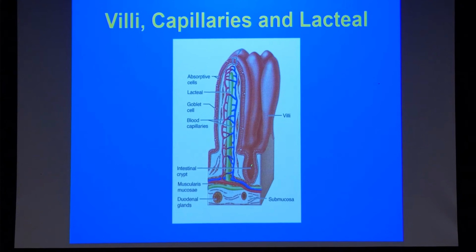Now, the blood vessels are, in fact, a branch of a particular blood vessel called the hepatic portal system. The hepatic portal vein runs through the intestines, and all of that blood in the hepatic portal vein is destined to find its way to the liver. And we're going to talk about that on Monday. But what I want you to see now is we have these fine capillaries as branches of the hepatic portal vein. And these fine capillaries are going to be strategically placed right beneath the basilar surfaces of the